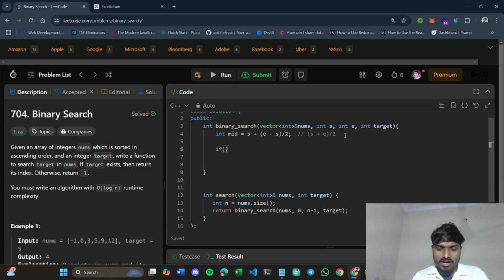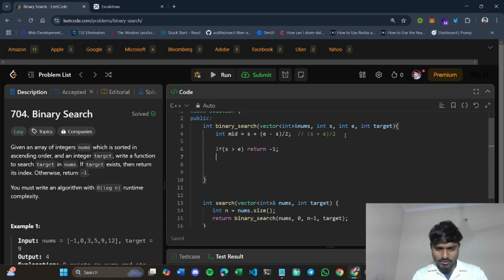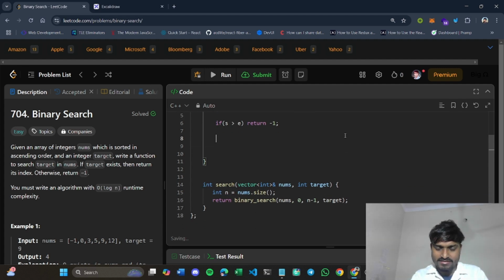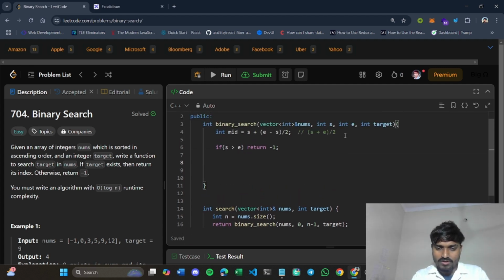So we have to check our base case: if our starting index is greater than end, then we know we did not find any element equal to target, right? So this was our base case. Now we found our mid index. First we will compare our mid index element.